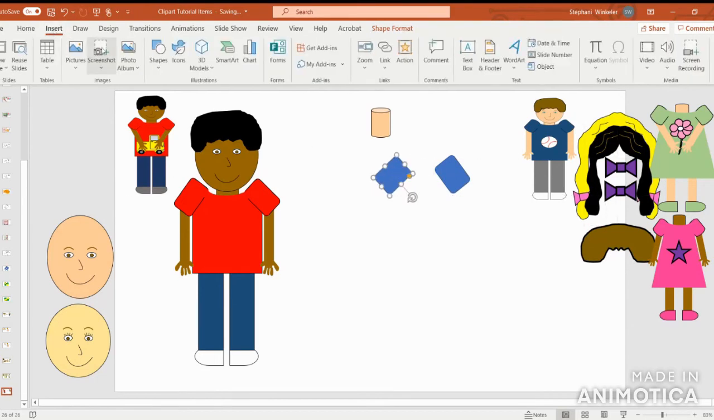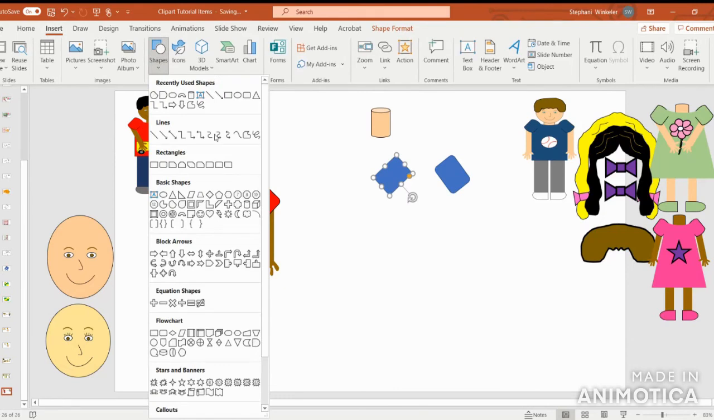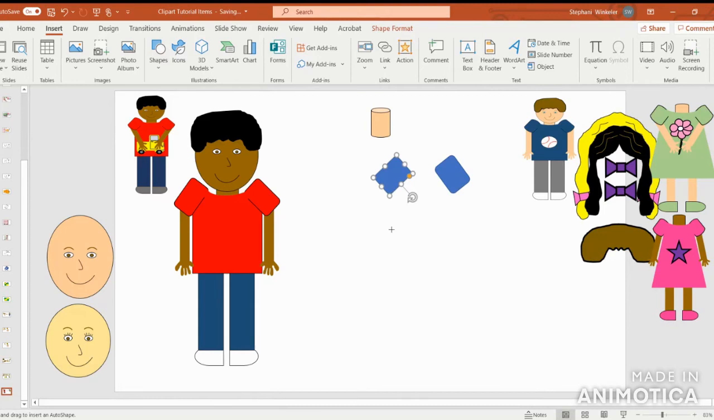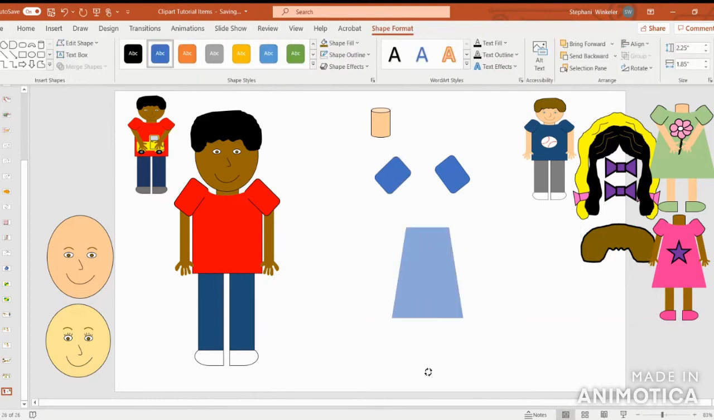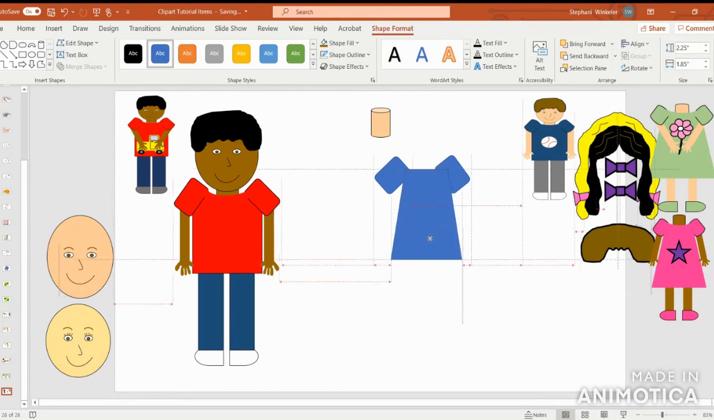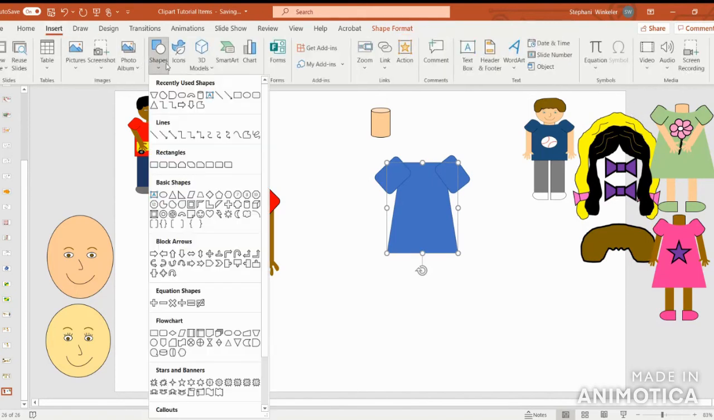And then this one, for the dress, we're going to grab that flowchart manual operation. We're going to flip it, pull it up, send it backward. Now I want to go in and grab the, where did it go? There it is. The black arc,